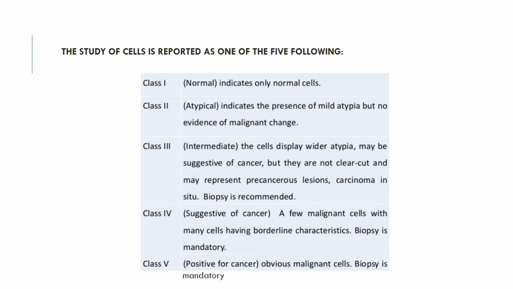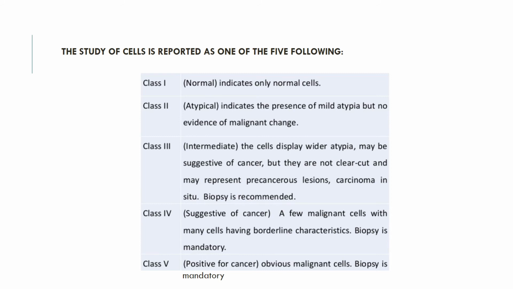In this case, you will see there is no ulceration in your epithelium, because of which the cells go into the connective tissue. Like the various epithelial changes you have seen in oral pathology, there are mild, moderate, and severe dysplasia. In class 2, you will see the presence of only mild atypia. There are only changes in the cells, so you won't see any malignant changes. So this is class 2.